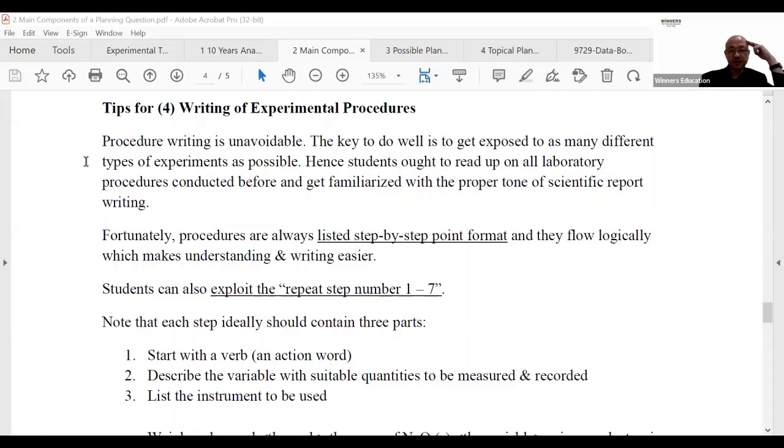You're going to write procedure. As I mentioned, you need to read a lot of experiments. That's what school gives you. Then pick one, collection or until they cannot collect. Hence, students ought to read up all lab procedures conducted before and get familiarized with the proper tone of scientific